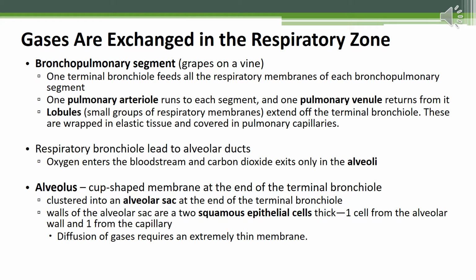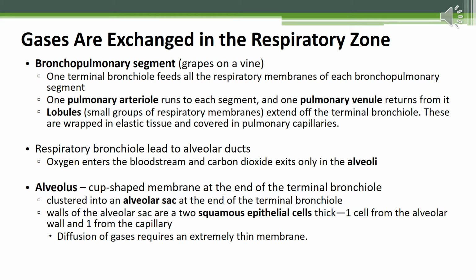And then we have lobules, which are small groups of respiratory membranes which extend off the terminal bronchiole. These are wrapped in elastic tissue and covered in pulmonary capillaries. The respiratory bronchioles lead to alveolar ducts, which is where oxygen enters the bloodstream and carbon dioxide exits, and this occurs only in these grape-like structures called the alveoli,